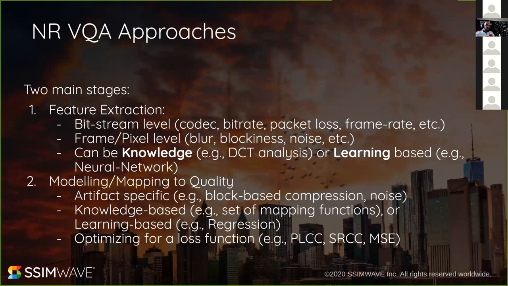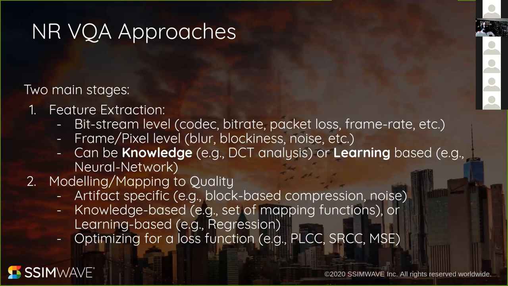That can be detecting blur, the level of blockiness, how much noise there is, and then you can also look at the content itself, not just the artifacts. You can measure how much information is in the content, how much texture, how much motion and stuff like that. And there are so many features that come out of this stage that go into the next stage,